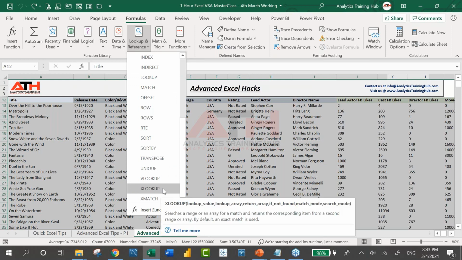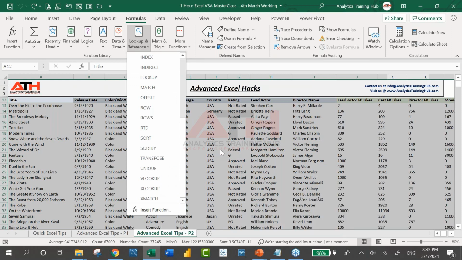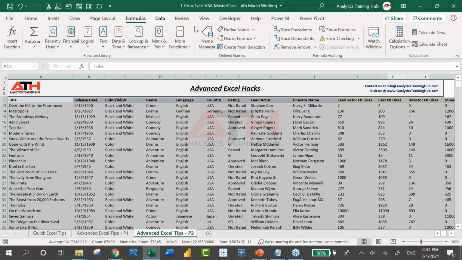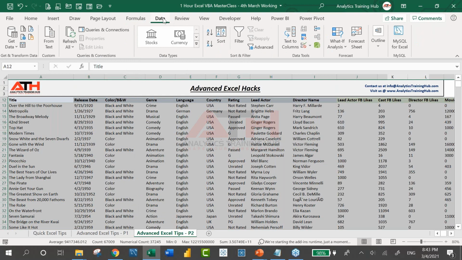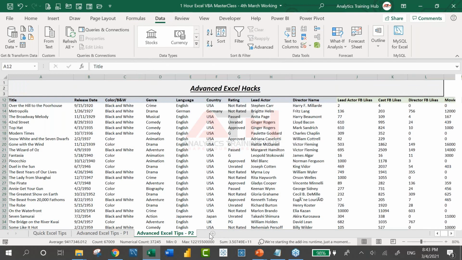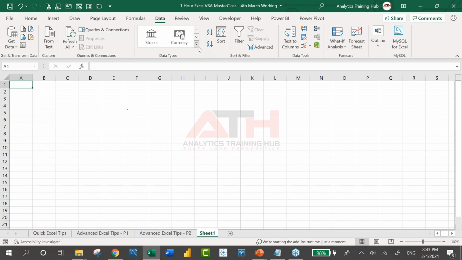Okay. Of course, not all of these features will we be able to explore in today's session. I'm just giving you a glimpse of it. Then in data, they have added one very interesting feature. Let me quickly add one sheet here. Let's assume that you have been told to do geographical analysis. There are 10 or 15 countries whose key metrics you want to retrieve in an Excel file, and then further analyze.